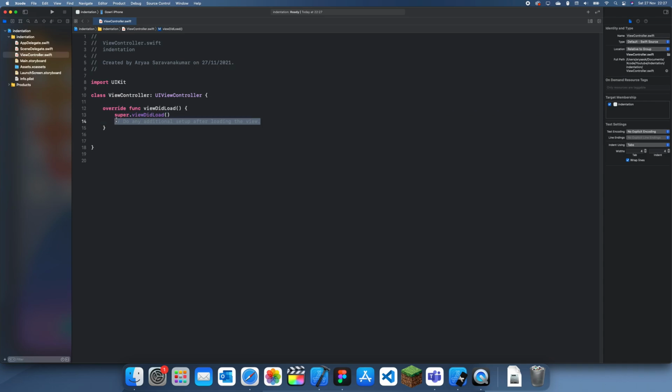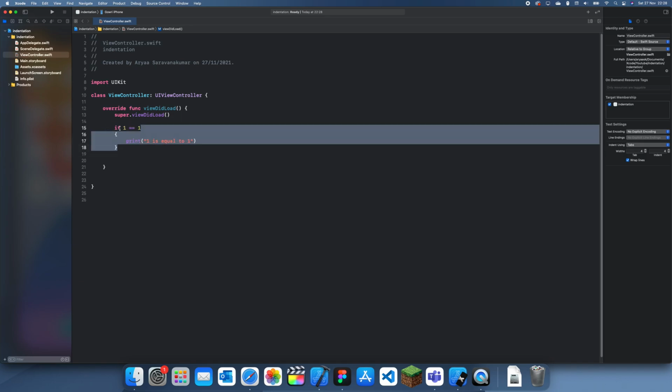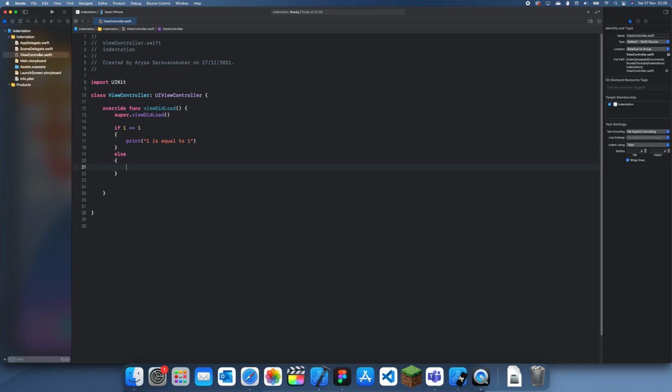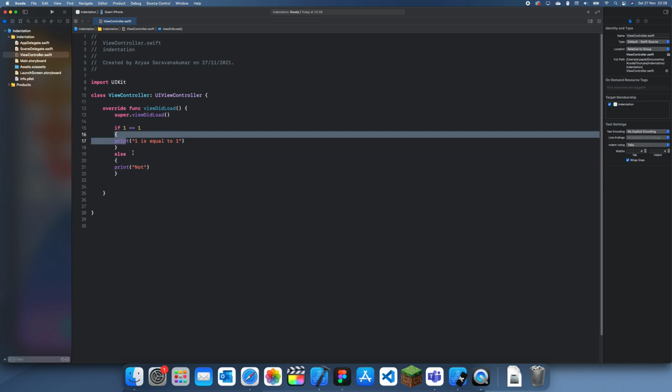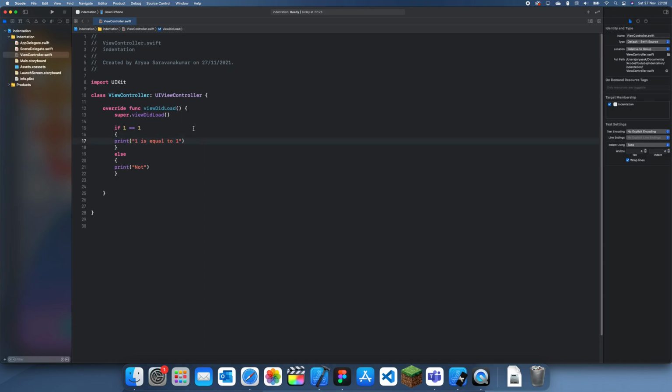more easily. So if all your code was just in one line, say we had an if statement: if 1 is equal to 0, then print 1 is equal to 1. I'm just trying to get some if statements without making it too complicated. Else print not, and let's say we had it all on one line. So this would still be valid. However, it's really difficult to read, and if this was a large block of code, so if we